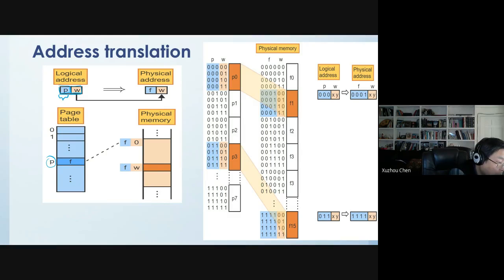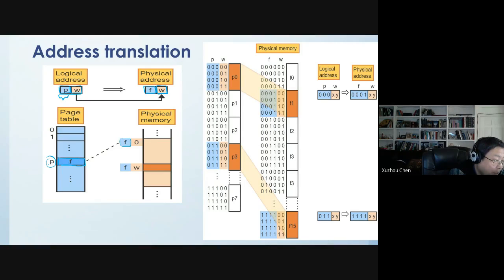This page P maps to the frame number F. So I know P maps to F, so the physical address must be located in the frame number F. Here's the frame number, and then I copy the offset. So the relative location of the address